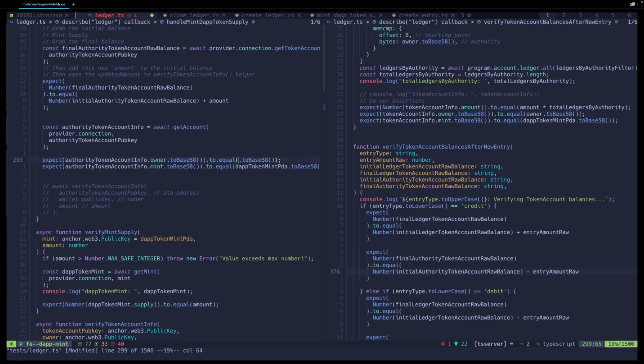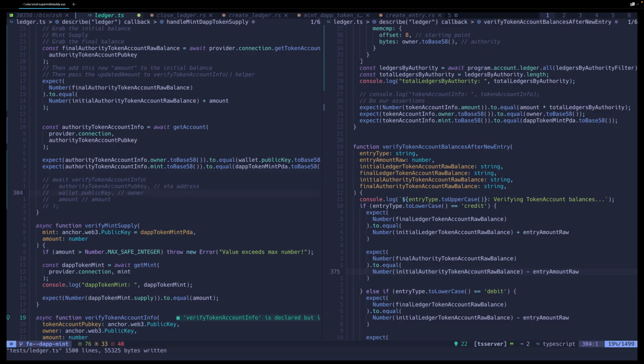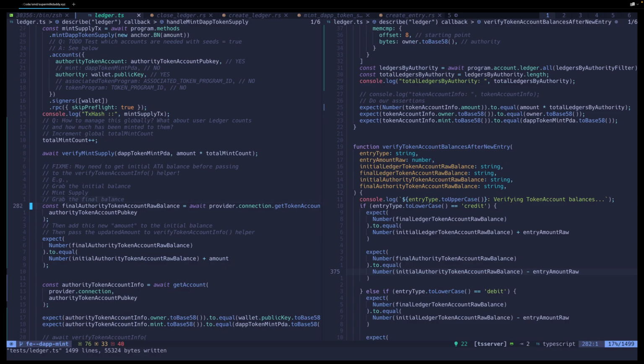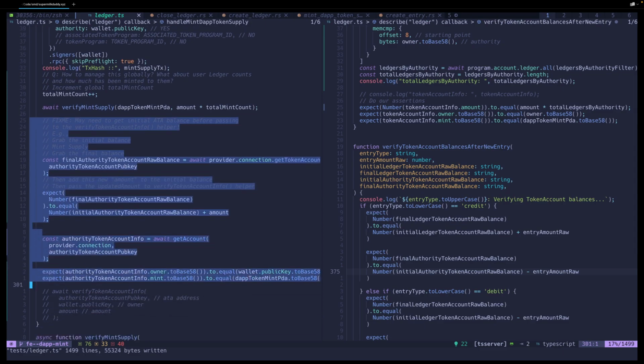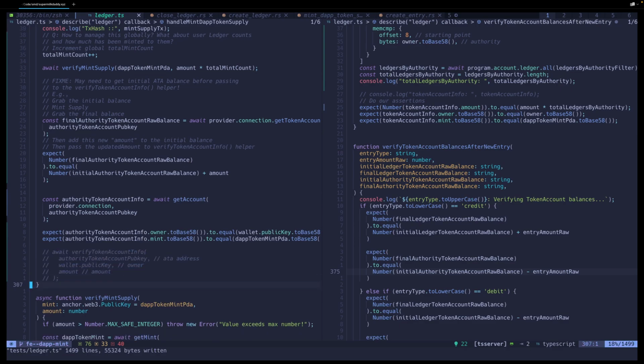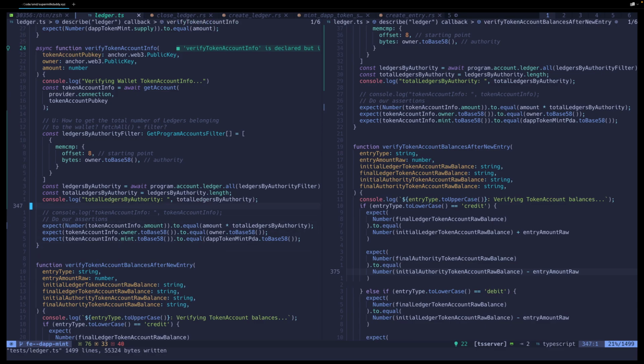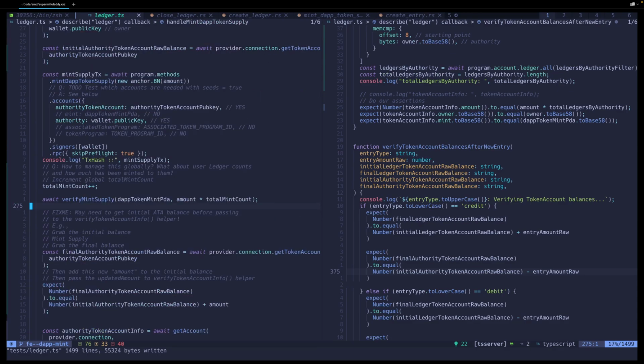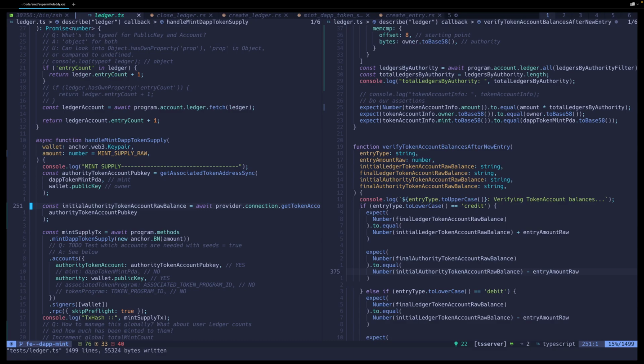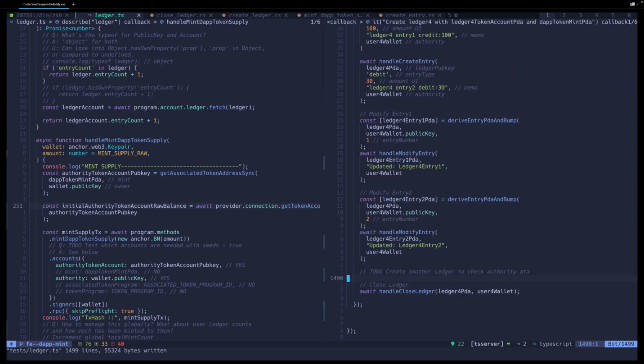Yeah, and rather than, it's going to be the wallet dot public key to base, and then the mint should be our DApp token mint. So here I am basically, after verify mint supply, I'm putting all of this here, where previously I had this helper verify token account info, and I could end up moving this stuff inside, and I may do that, but I'm just trying to get this to work. But I think my understanding of trying to use it as it was previously is not going to work,